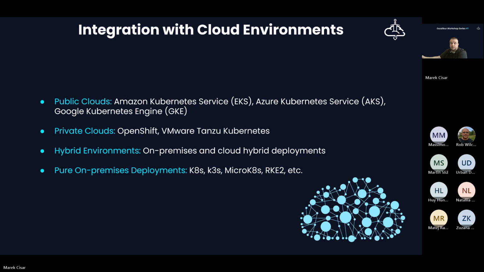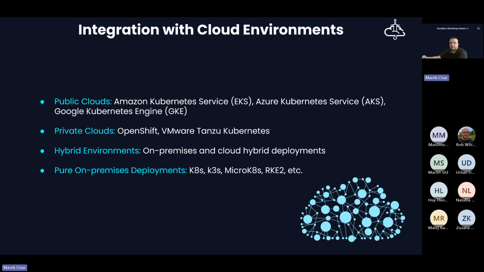Then we are talking about the hybrid environments. In that case, we can bridge on-premise environments or infrastructure with the public or private cloud parts of the infrastructure.